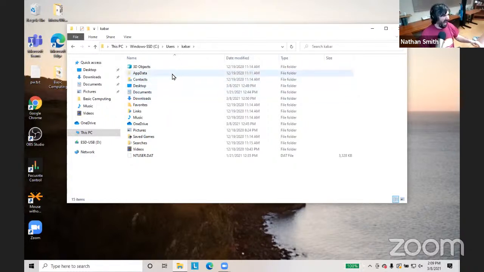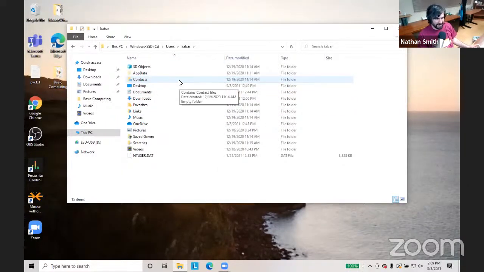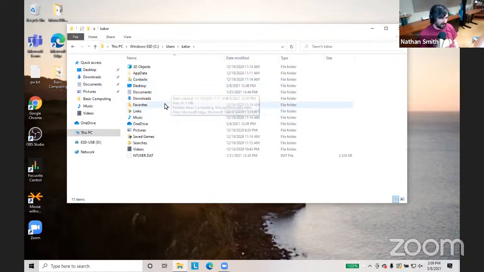So again, I've got things like the documents, favorites, the music, the pictures, the videos, etc. I've also got a few more. I've got a folder for contacts, so I can keep contact information in there if I want to. I have that downloads folder for information I've copied from online. Favorites, I can keep the addresses of web pages that I want to be able to circle back and visit in there if I want to, and a whole bunch of other stuff.